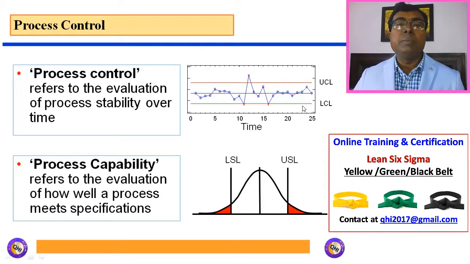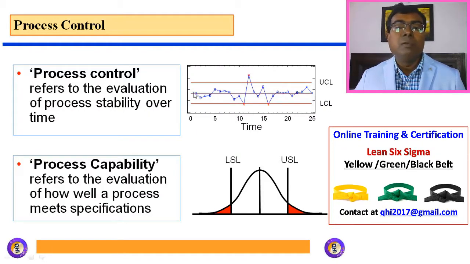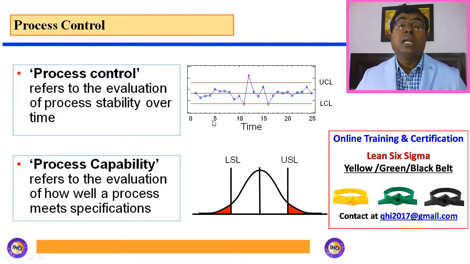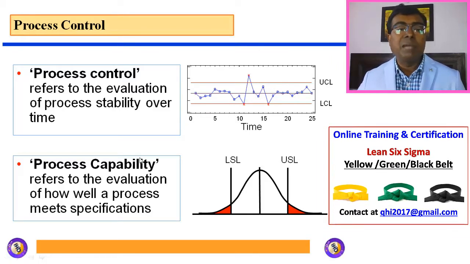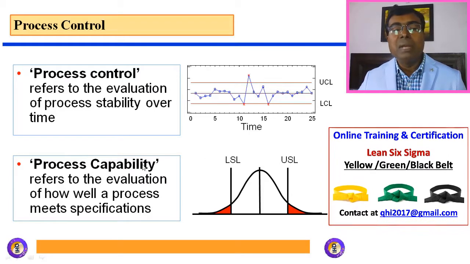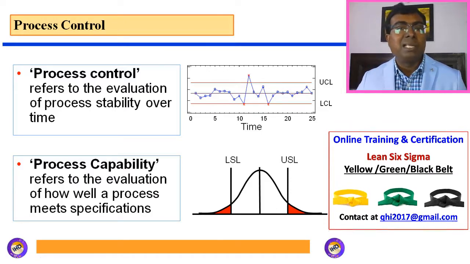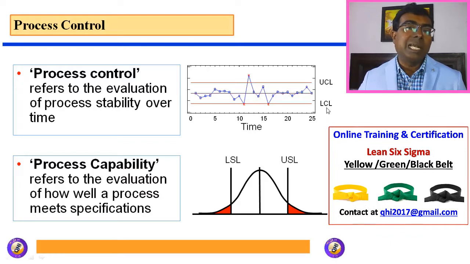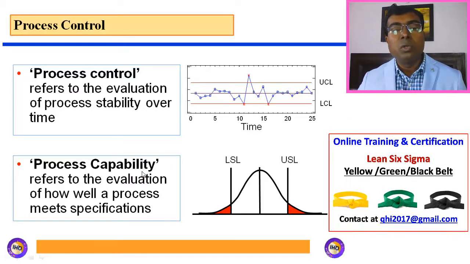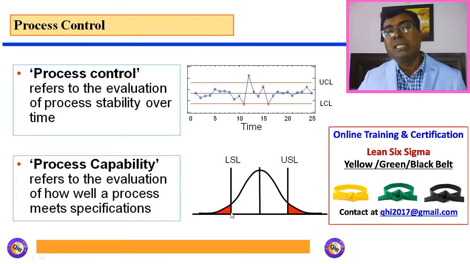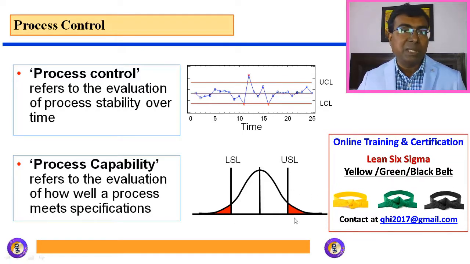And in SPC study or in control charts, we have a control limit upper and control limit lower, and there will be one target line, which is the central line. Now, once my process is in a state of statistical control, I would like to know if my process is capable or not. Capability is always calculated with reference to specification limit, which is identified by the designer, whereas the control limits are calculated based on the observation from the process itself. So in the case of process capability, I would come to know if my process is making some rejections beyond lower specification limit or making some rejections beyond upper specification limit.